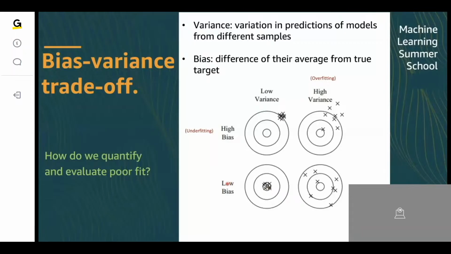So you have what is called low variance, which is the spread in your estimates, and low bias, which is how far you are from the truth. Now, what is the worst that can happen? It's the right top. They are really spread out very far. Your estimates are very far from each other. That's high variance. And they're all far from truth. That's high bias.